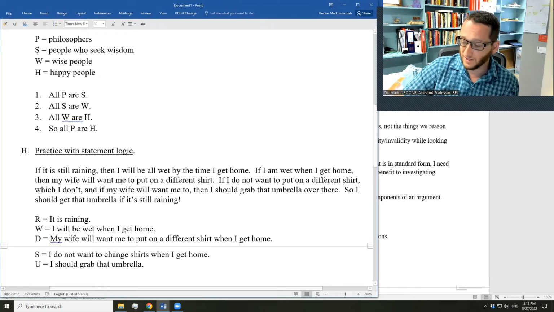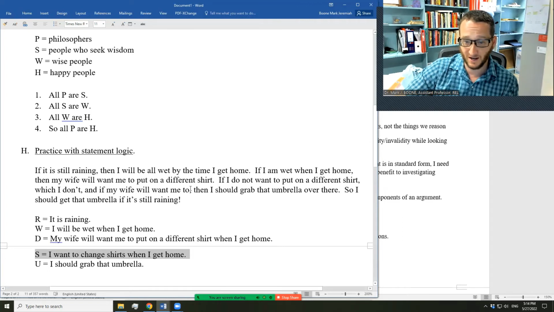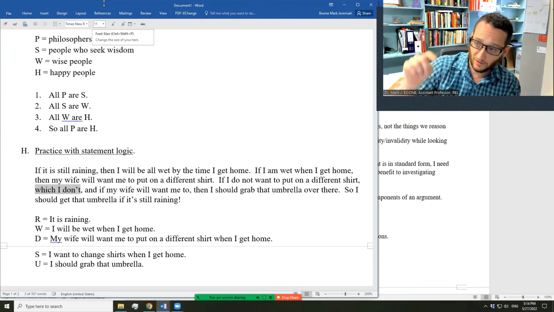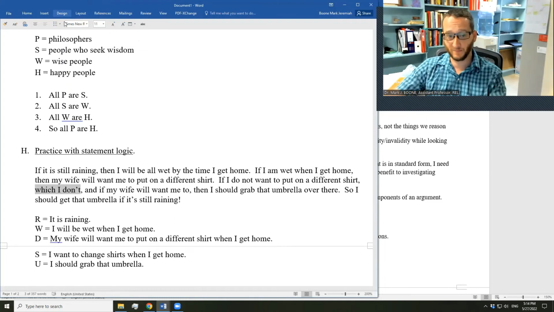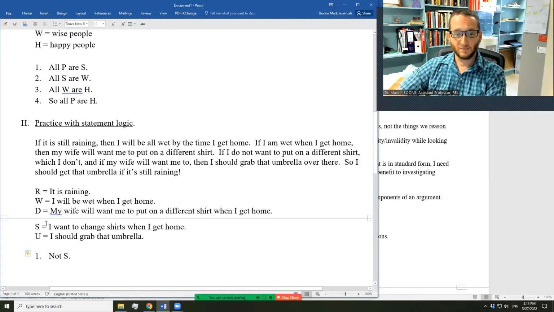So what would be an atomic statement? "I do not want to change shirts when I get home," or would it be "I do want to change shirts when I get home"? That's our actual atomic statement. Now, the premise of the argument is not saying that. It's saying I don't want to change shirts when I get home. So that premise is a denial of the atomic proposition that I want to change shirts when I get home. In other words, our premise here is going to be not S. When we symbolize that premise, that's what we're going to symbolize it as,